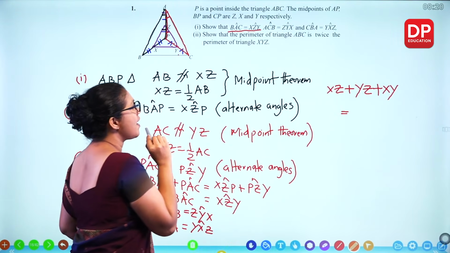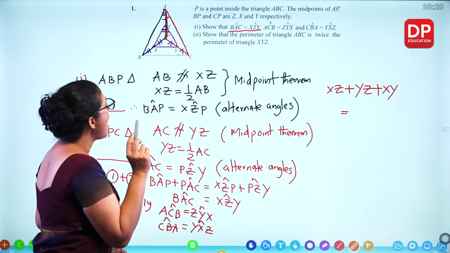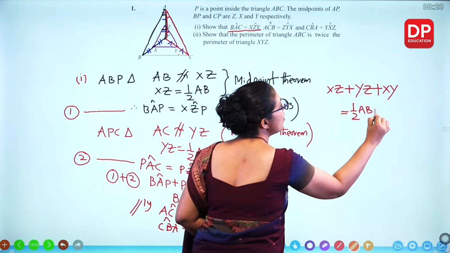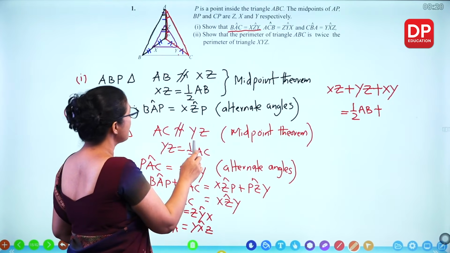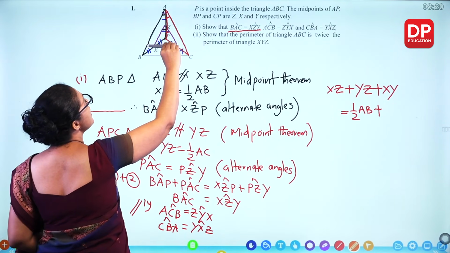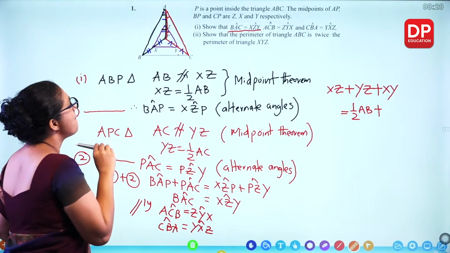You can straight away write down XZ is half of AB. We did that before. XY, we can do the same thing for XY. XY is half of BC